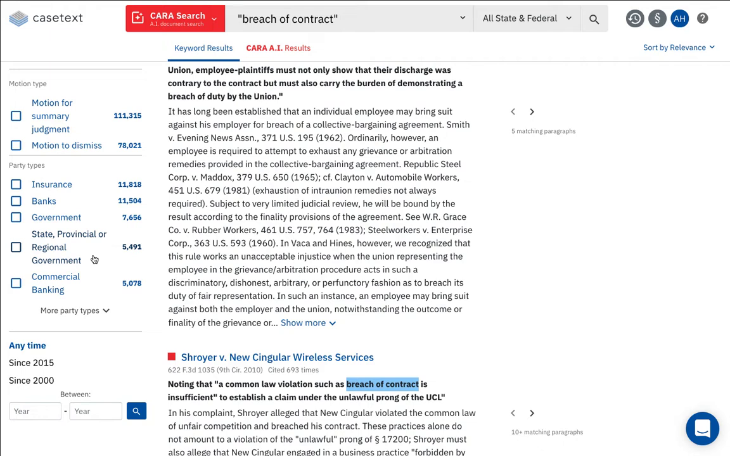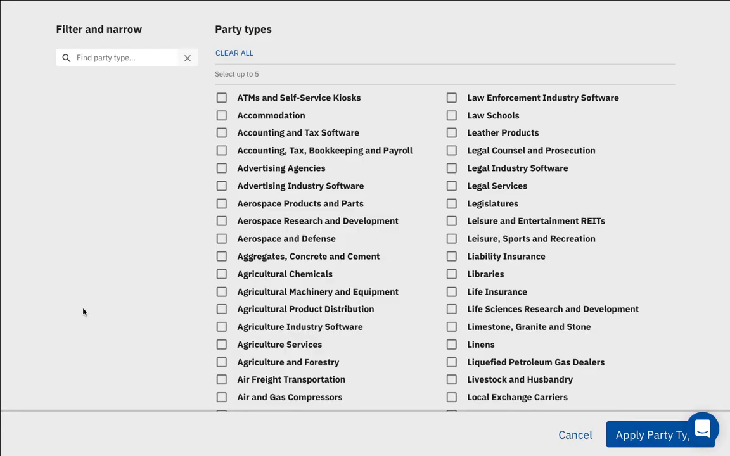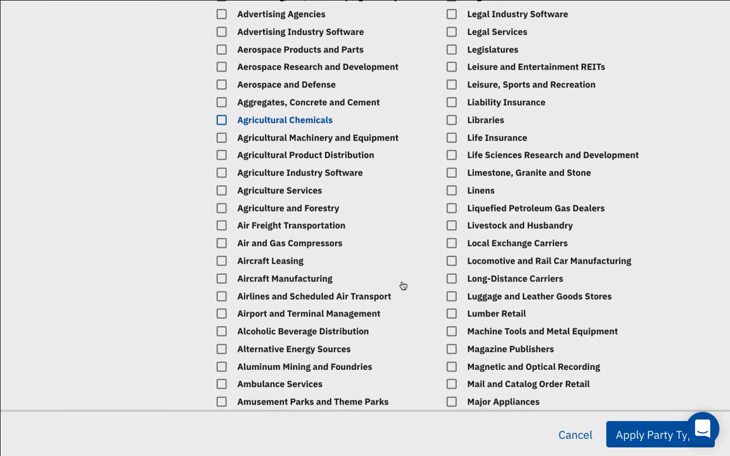As you can see, insurance, banks, government, regional government, and commercial banking, in that order, are the top hits associated with breach of contract. I could click on one of those and it will filter by that party type. If I want to click on more party types to find a party type that I am interested in, all I need to do is click on more party types,